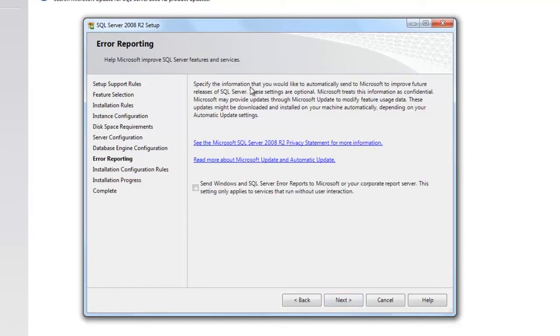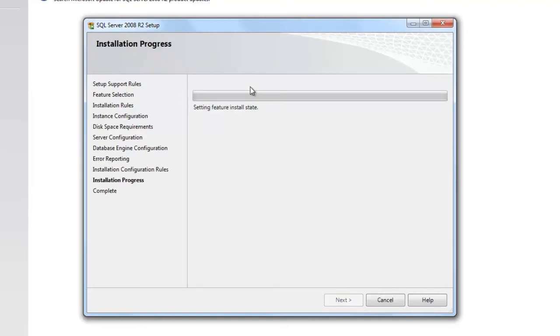Upon clicking next, SQL Server 2008 R2 setup takes care of the installation. And as we wait through the installation,